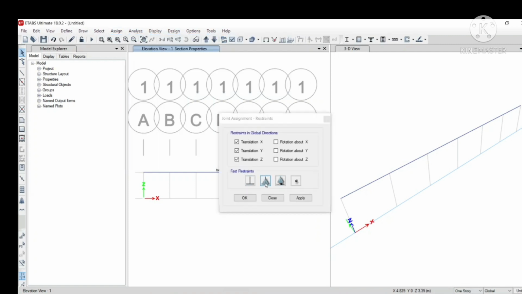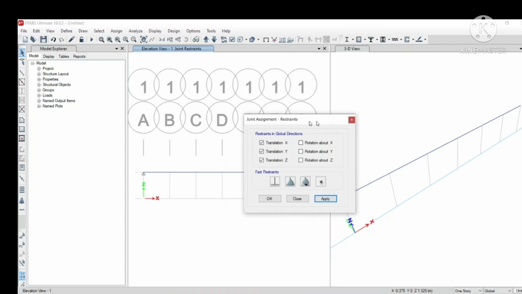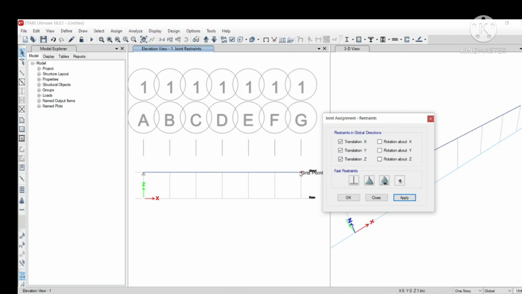So one end is hinged, and let us use at this point, and this support is being hinged and other support is roller. So it has only Z direction of restraints. So let us apply. So end conditions are given here.